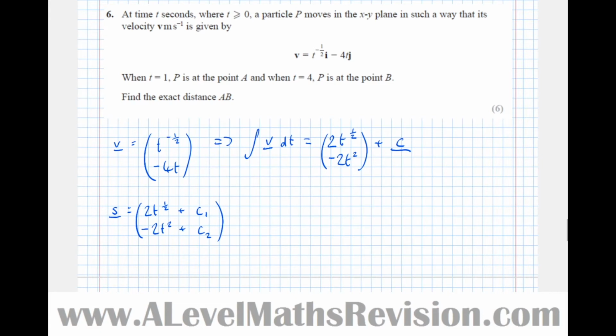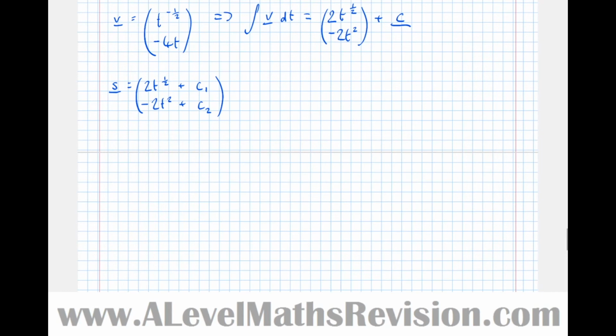P is at the point A. So we're going to say that A is the point 0, 0. We're going to consider A to be our origin. And that will allow us to find the values of the constants if we refer everything to the point A and call A the origin. So let t equal 1